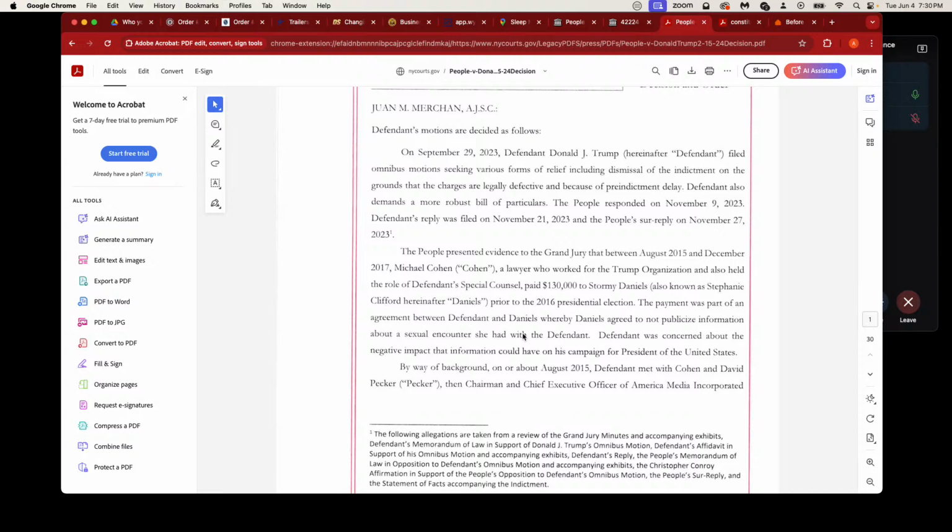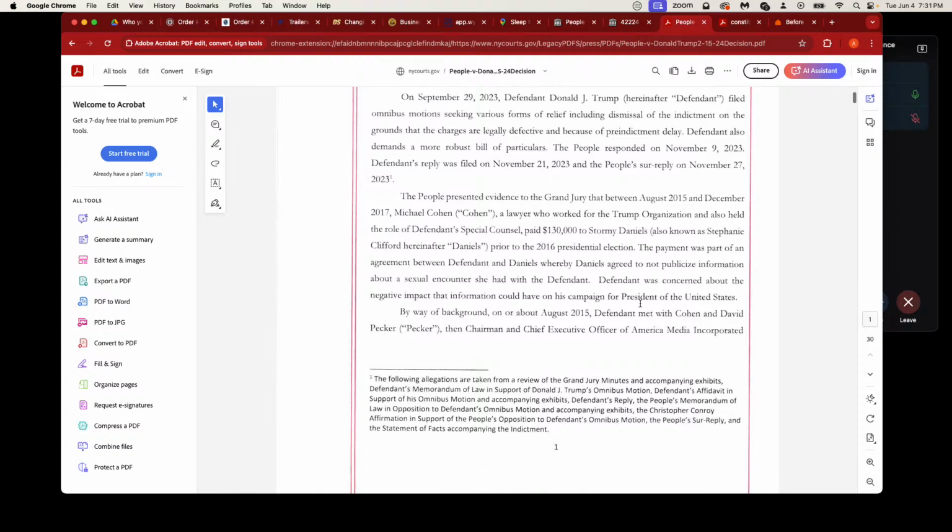Prior to the 2016 presidential election, the payment was part of an agreement between defendant and Daniels, whereby Daniels agreed to not publicize information about a sexual encounter she had with the defendant. The defendant was concerned about the negative impact that information could have on the campaign for president of the United States. By way of background, on and about August 2015, defendant met with Cohen and David Pecker, then chairman and chief executive officer of American Media Incorporated,